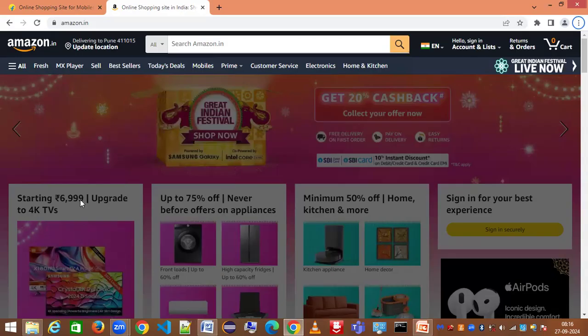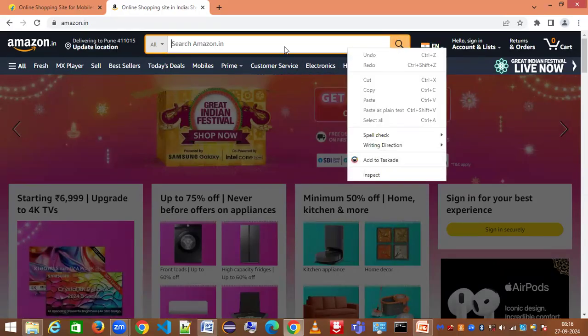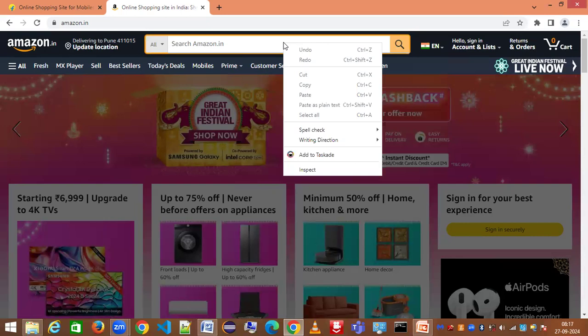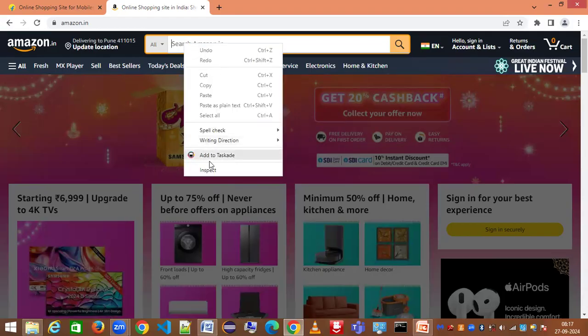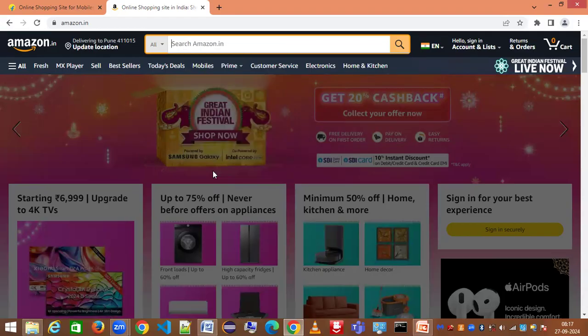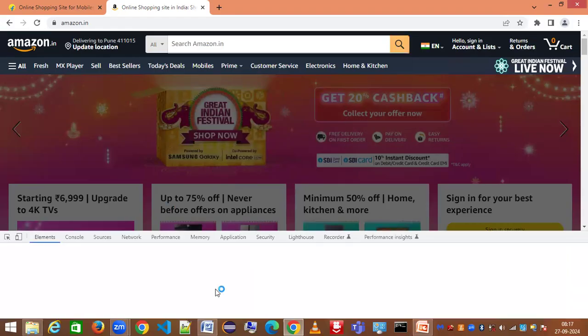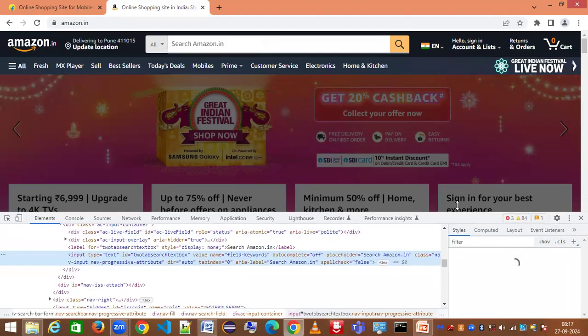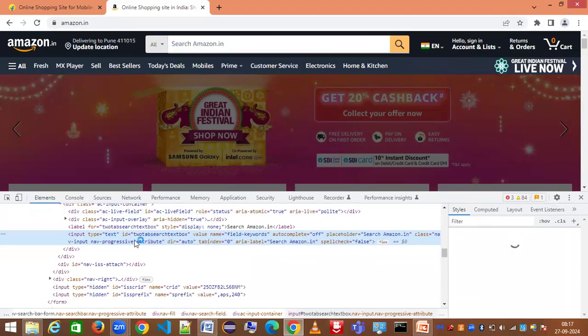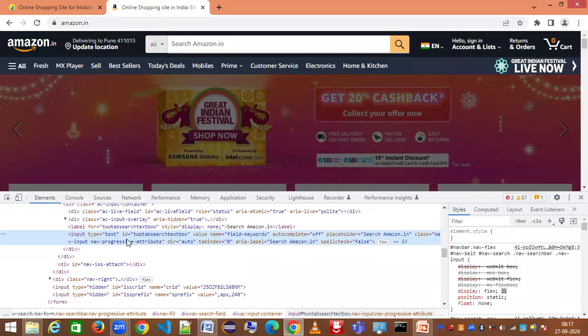Let's say that I want to inspect this text box. Let's right click on this page, on the element I want to find out. My cursor is here. Just do Inspect. Like this, the Elements tab gets opened. Just expand it a bit and look at it here. See, this is getting highlighted, right? And if I mouse over this particular tag, it is highlighting the